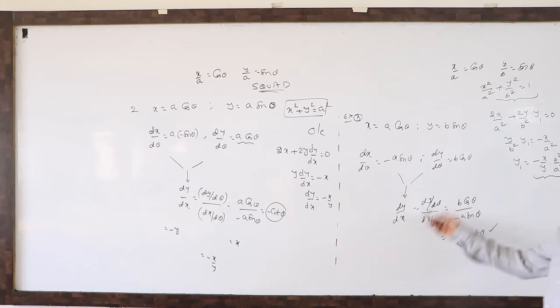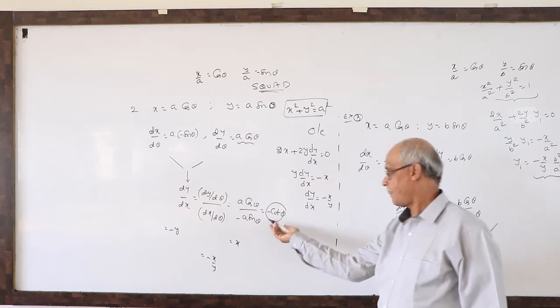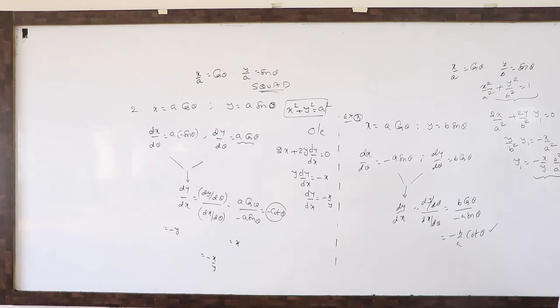If you put a equal to b, you get this answer. Okay? You got the answer in terms of theta, but the answer is supposed to be in terms of x, y. They gave options ABCD. You did this method, suppose, and they gave the answer as this one. Your approach gives this one, which is not there. Now again you have to continue.